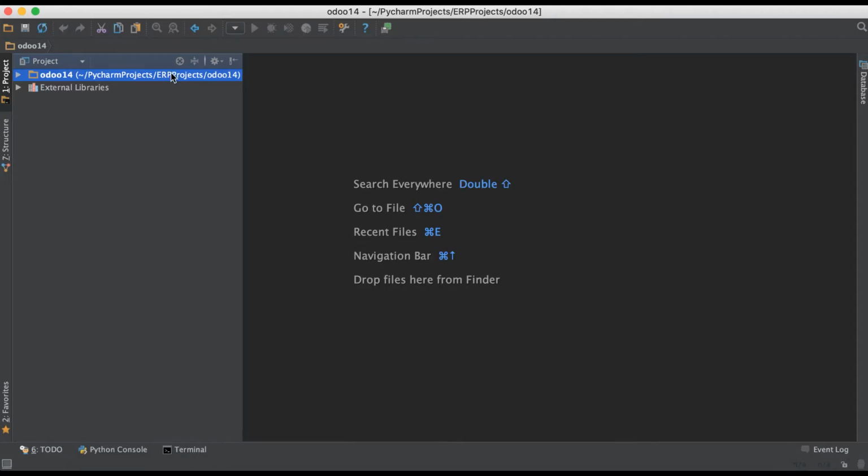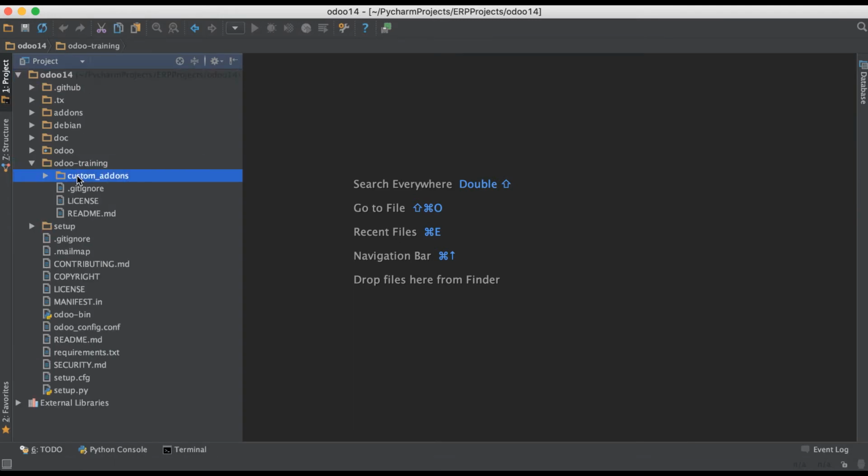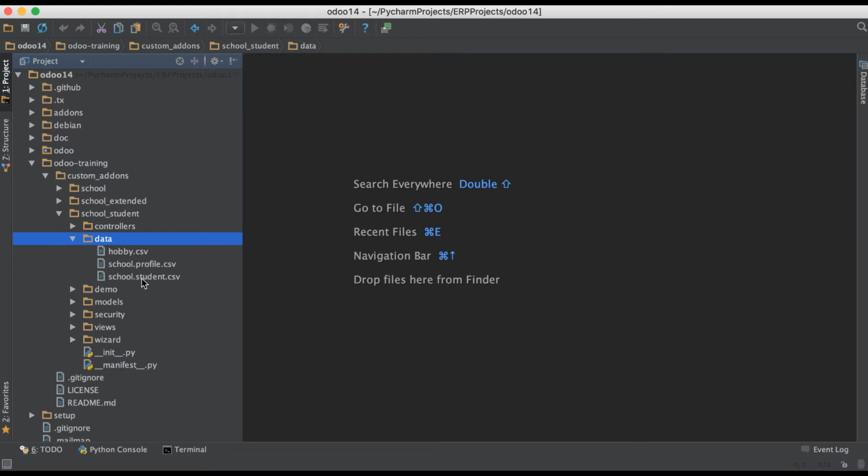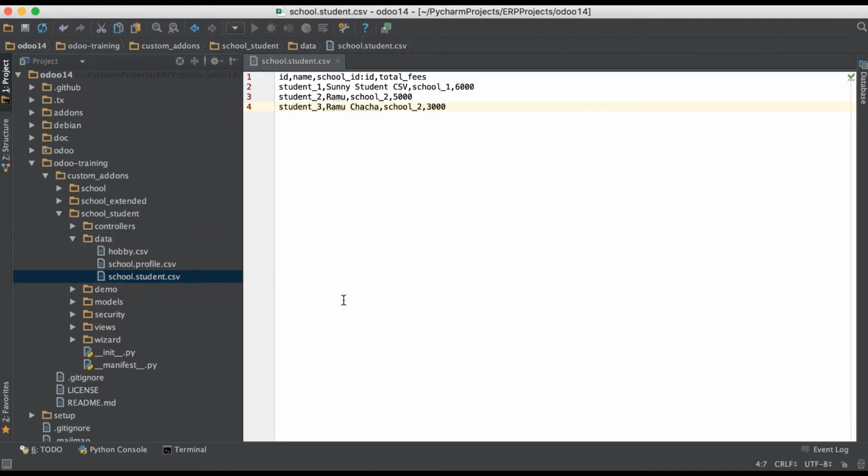I'm going to an editor and opening the CSV file of the student. If you want to know more about how to create a CSV file and when to register this CSV file, you can see the previous discussion where I already explained it.